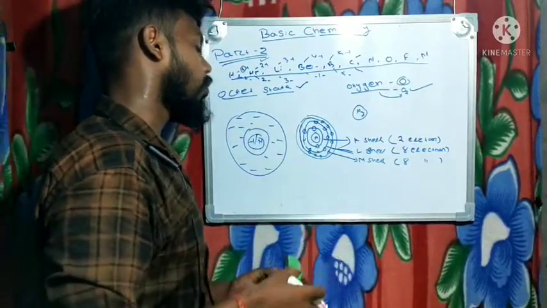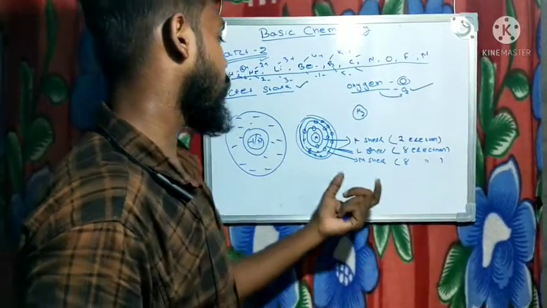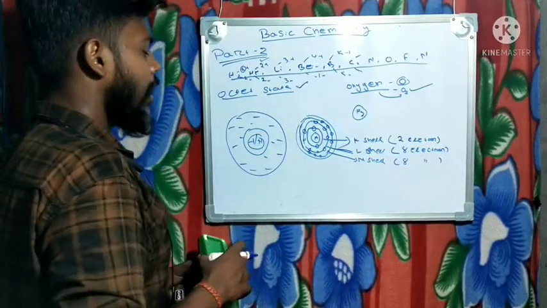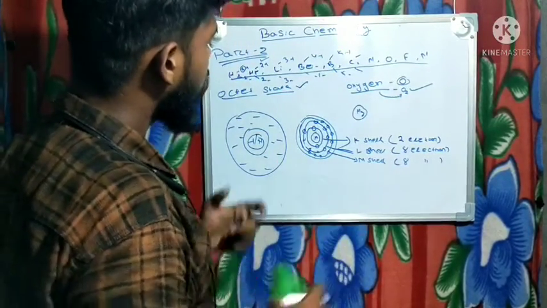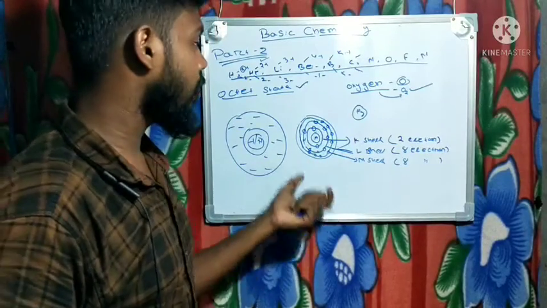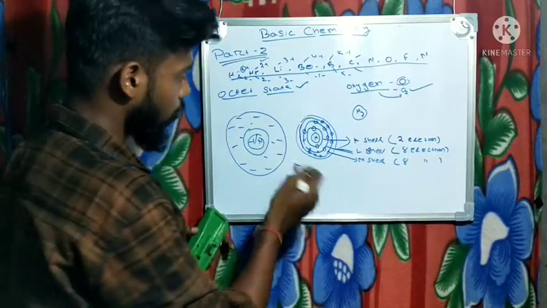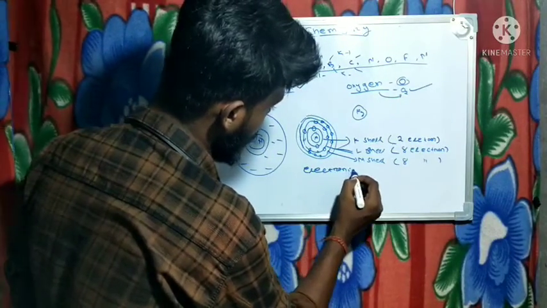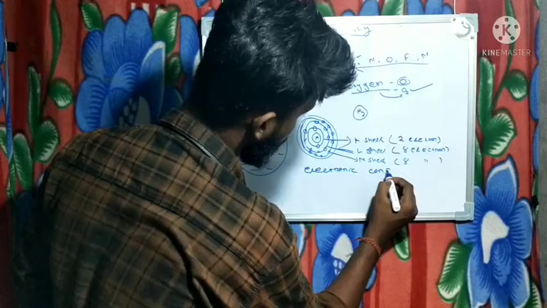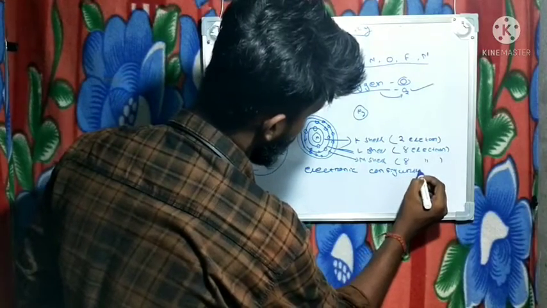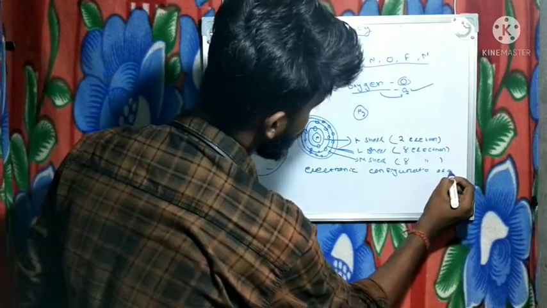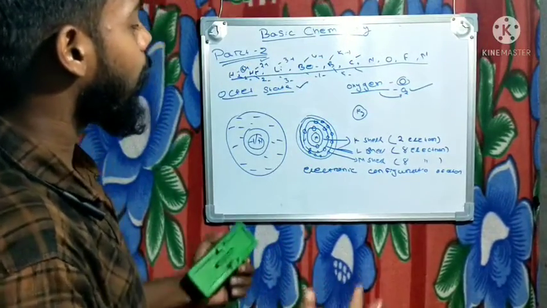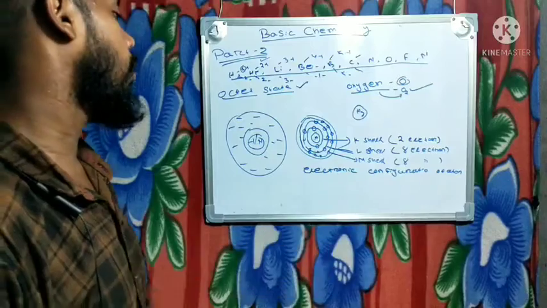If you have any other electron, then it will go to the next cell, but we have to discuss only 3 cells for the basic concept. Okay, see here. Now we have to go for electronic configuration of an atom. This is called electronic configuration of an atom. That means we have to describe the atom and show the internal part of the atom, then we call it electronic configuration.